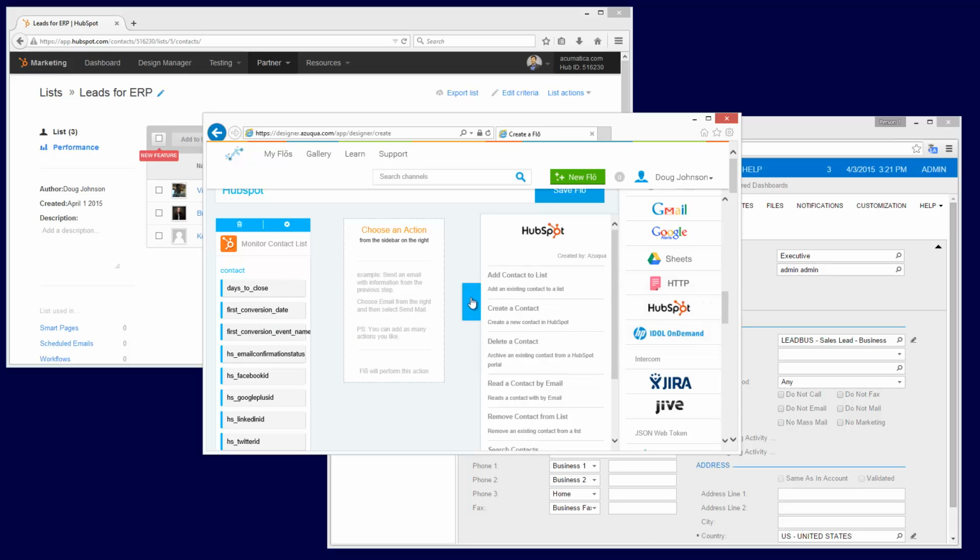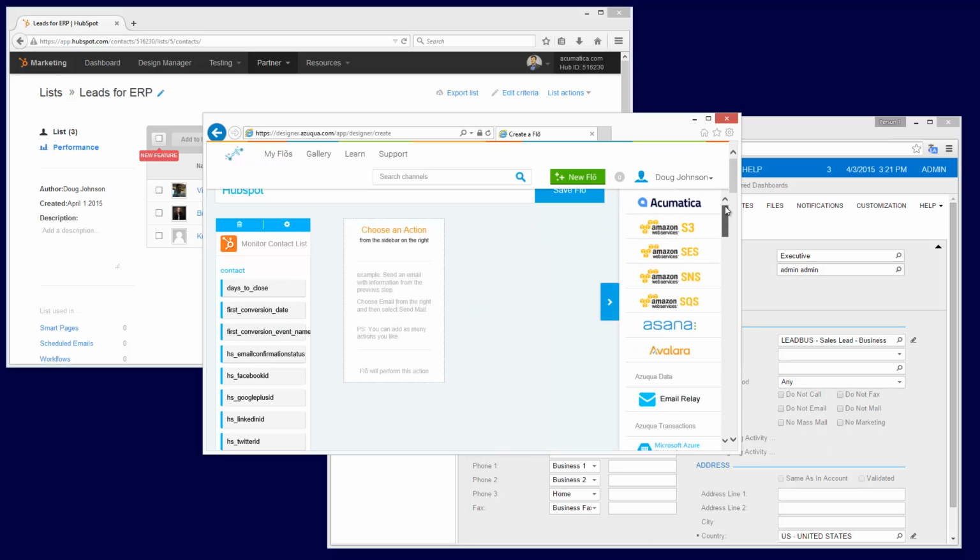The next thing I'm going to do is go up to Acumatica. I'm going to create a new entity after I monitor my contact list. I could also update an entity if I had wanted to do that too. As a matter of fact, I would probably build more than one flow here. So let's go just create a new one. At this point, it's also reading the web services off of my ERP site,